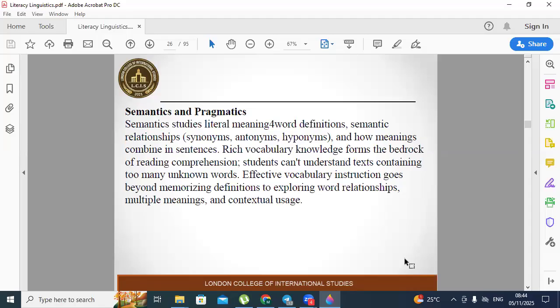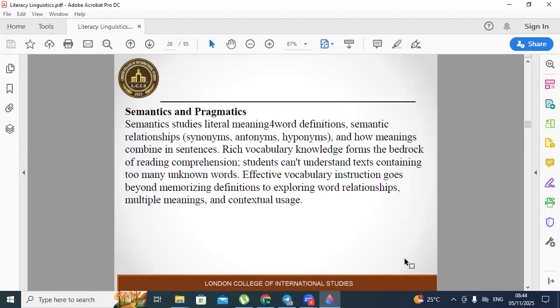Effective vocabulary instruction goes beyond memorizing definitions. It involves exploring word relationships, understanding that gigantic, enormous, and huge are synonyms with slightly different connotations. It involves understanding multiple meanings: strike has different meanings in lightning strike, strike a match, workers strike, and strike out in baseball. It involves contextual usage, understanding that some words are formal while others are casual,